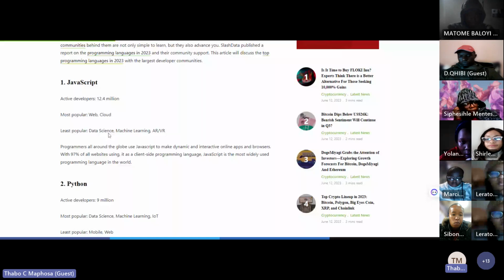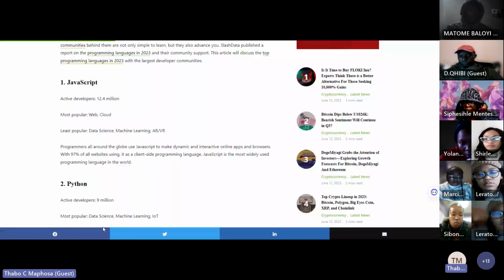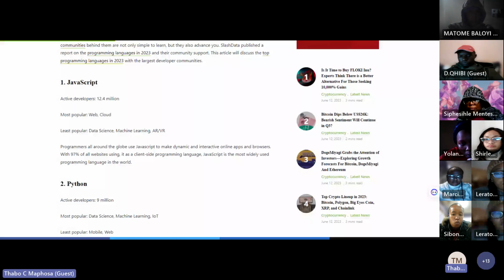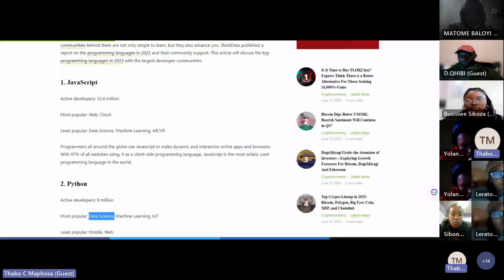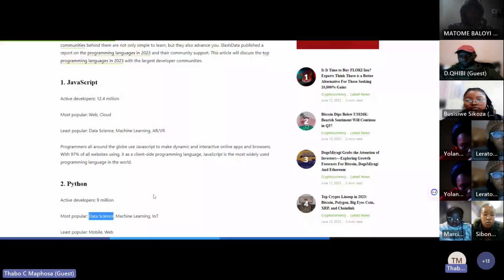Python comes second, and it's used for similar things, but mostly for data science, data mining, machine learning, and all that stuff.